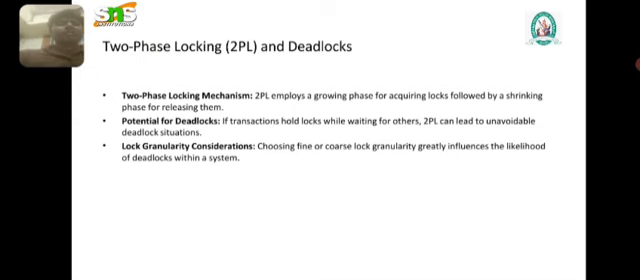Next, what is two-phase locking and deadlocks? The two-phase locking mechanism has a growing phase of acquiring locks, followed by a shrinking phase of releasing them. There is potential for deadlock, as a transaction holds locks while waiting for others, and